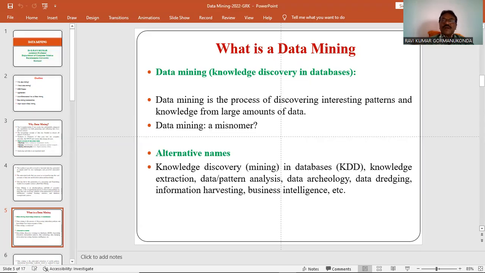We are applying some processing on this raw material and finding a pattern or something useful, like an ornament. Even coal, coal mining, stone mining, sand mining, means it comes from the rocks, performing some operation on that rocks or raw material and finding useful nuggets. That is nothing but discovering knowledge, or patterns, from large amounts of data.